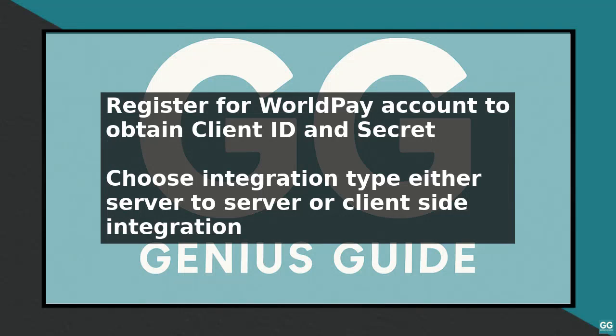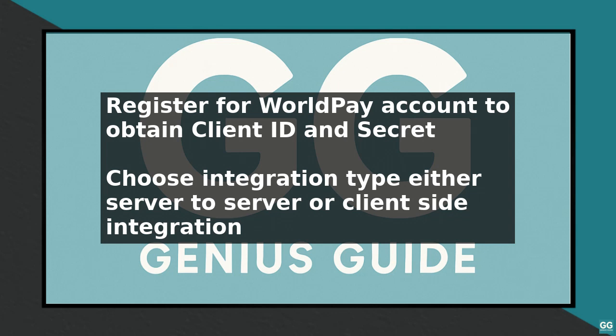To authorize WorldPay direct integration, you need to follow a series of steps to ensure a seamless payment process. First, you need to register for a WorldPay account and obtain your client ID and client secret, which are unique identifiers used for authentication. Next, you need to choose the type of integration you want to use, either server-to-server or